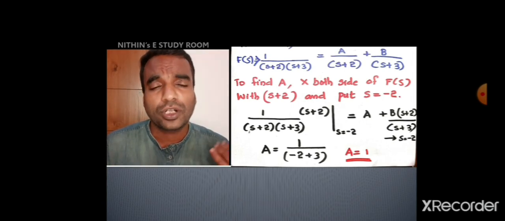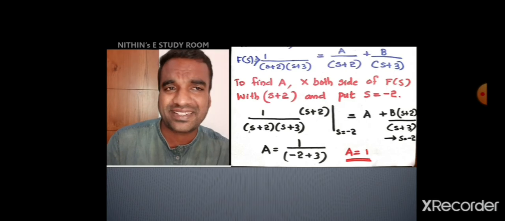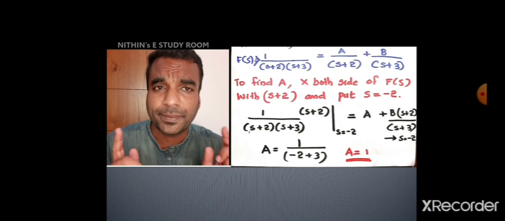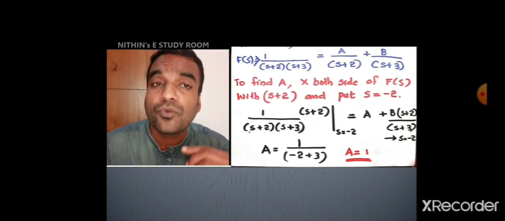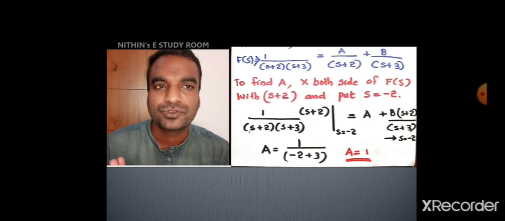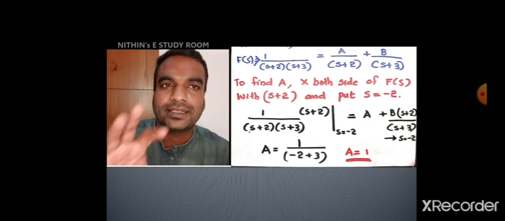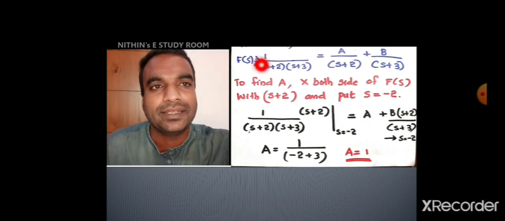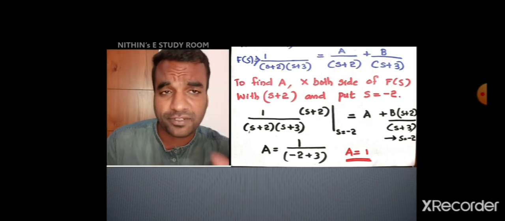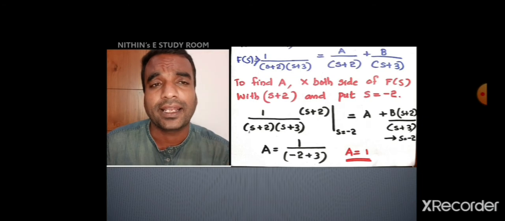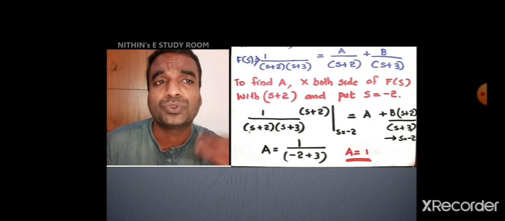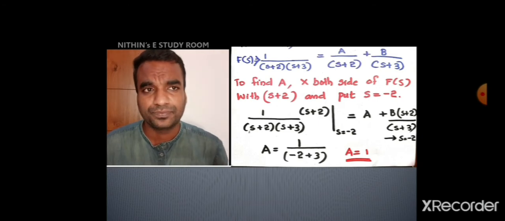Don't multiply and substitute in the partial fraction side, because if you want to find a, the only thing remaining on the right side will be a. If you want to find b, the one and only term remaining on the right side will be b. So you have to do the calculation only on the equation side. This is the basic equation side and this is the partial fraction side. On the partial fraction side, you will get either a, b or c, such things only. All the other terms will get cancelled by substituting s equal to that minus 2 value.